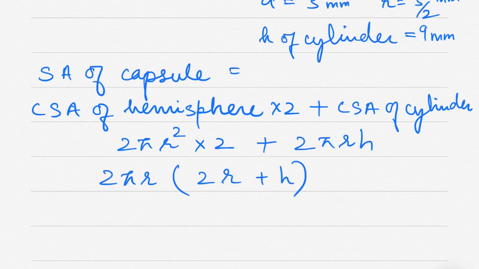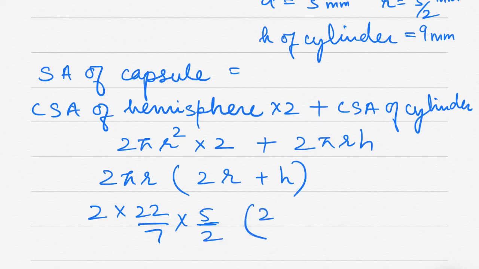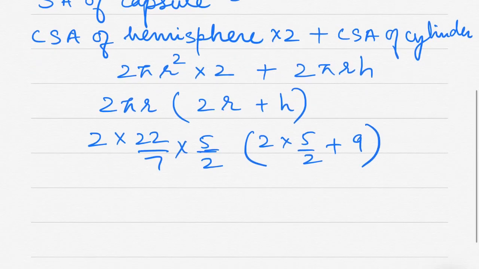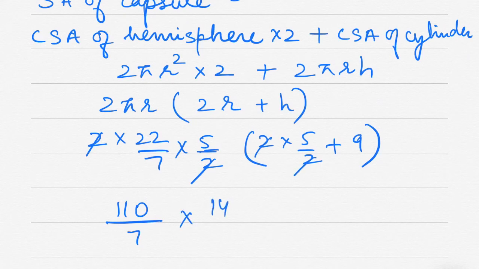So now let's substitute the values. Substituting, 2 into 22 by 7, radius is equal to 5 by 2, or 2.5, anything is fine. So 2 into 5 by 2 plus height 9. Now this 2 gets cancelled. So this is equal to 110 by 7 into 14, since 5 and 9 make 14. Now 7 ones are 7, 7 twos are 14. So this comes out to be